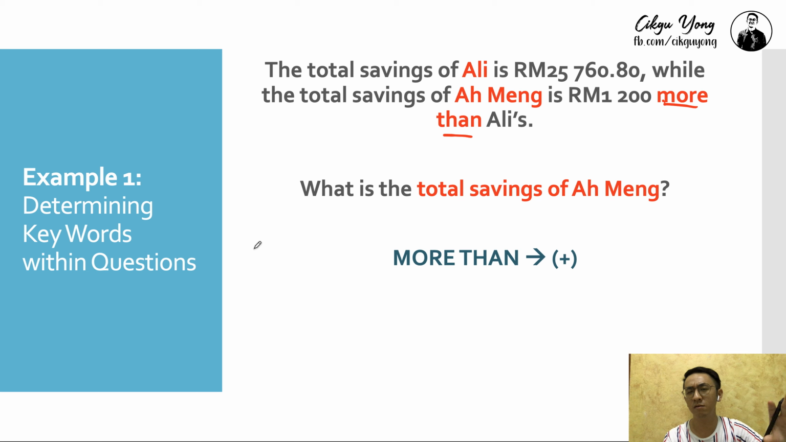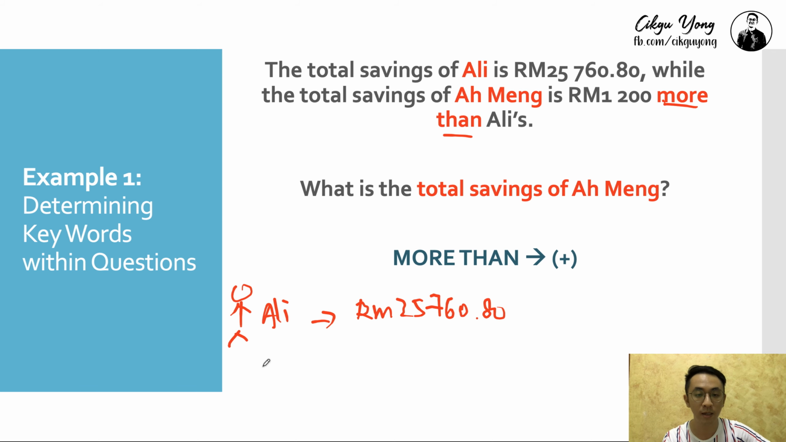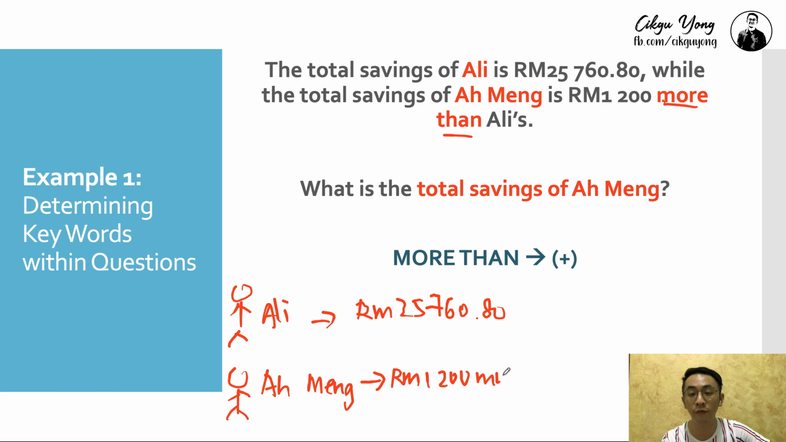And let's say if you are still not really able to understand how it goes, normally what I would recommend my students is to try to visualize everything you can, or just try your very best to draw everything out based on the statement given. So I have one person called Ali. This good guy is Ali. His saving is 25,760.80, and another guy called Aming. So you just try to draw everything out and understand it. Aming's saving is 1,200 ringgit more than